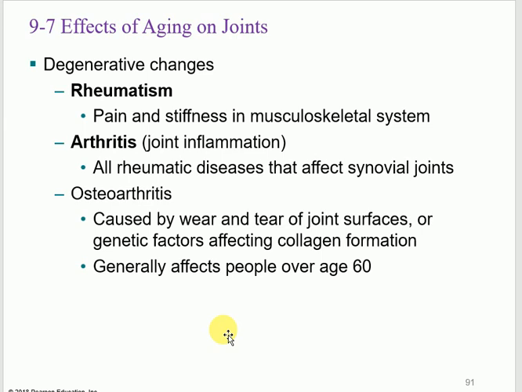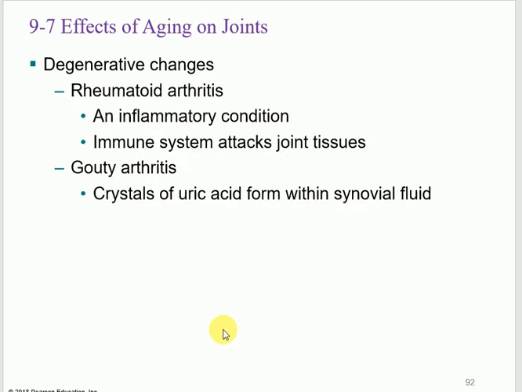Okay, the cartilage wears off. So now there is more friction, and that friction will cause degeneration, and this will be followed by inflammation. The other two things are rheumatoid arthritis and gouty arthritis. Let me explain it. You're not going in depth, just understand the idea. Osteoarthritis is wear and tear, degeneration.